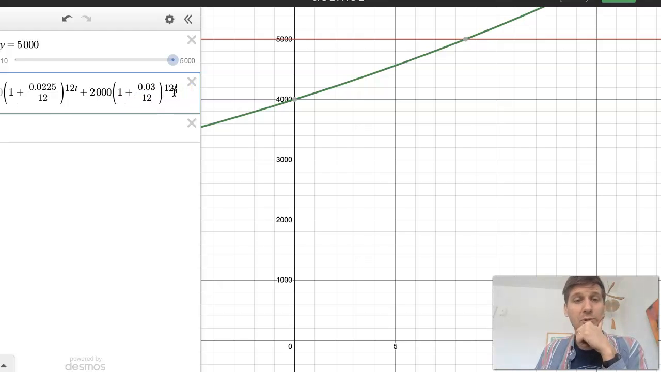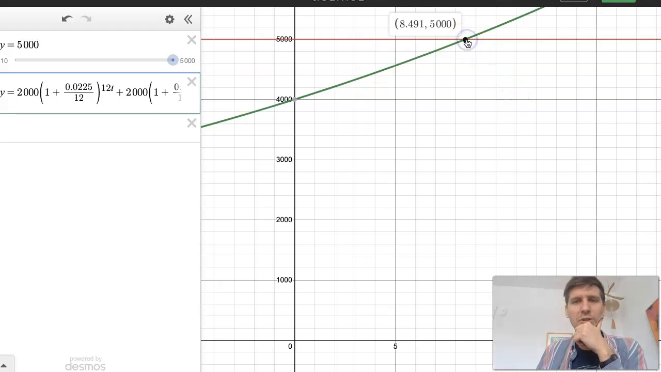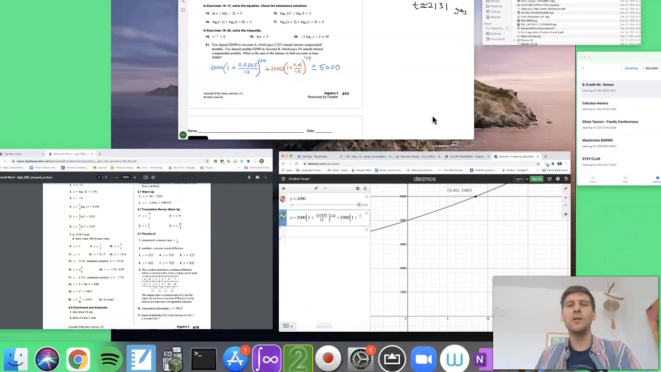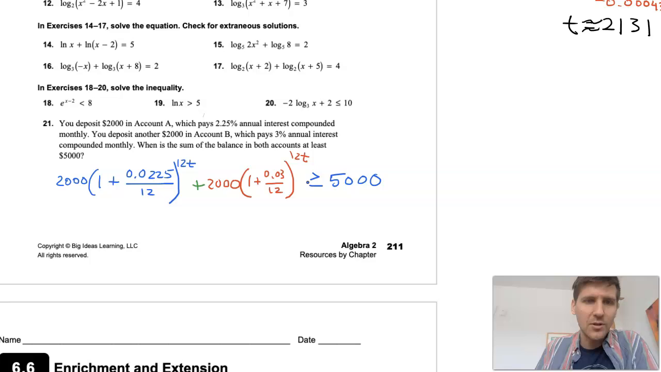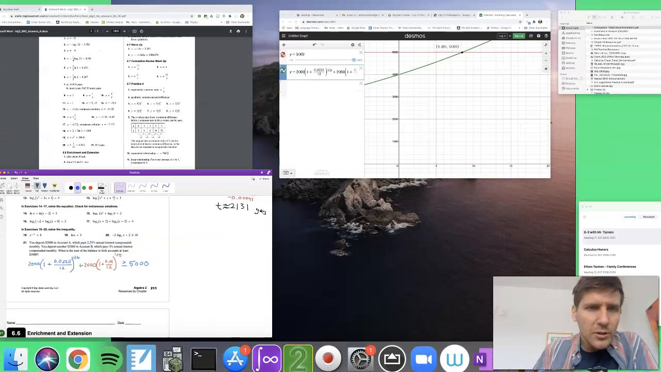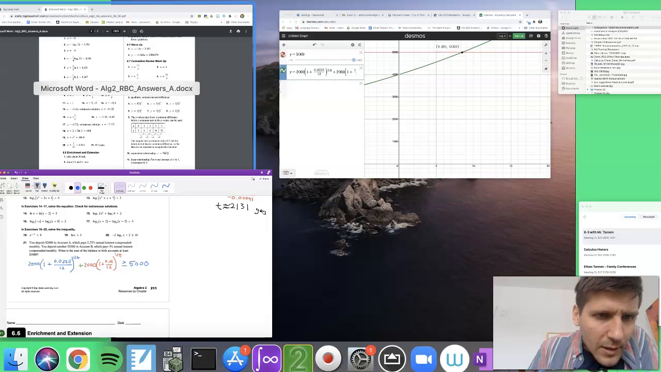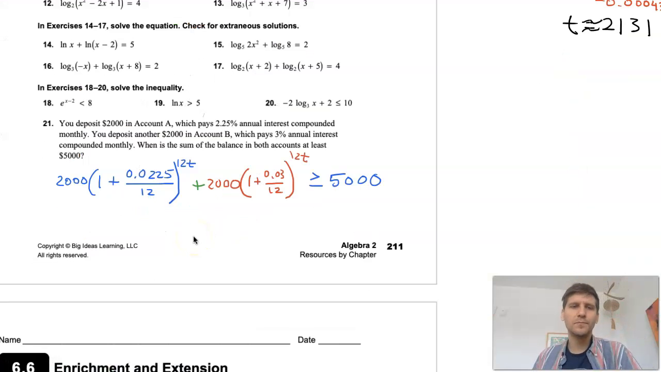So I know this was likely a tricky one. The sum of those two accounts would reach it after 8.491 years. And if we want to say approximately 8.5 years perhaps, let's see what the answer key had told us. Yeah, it says 8.5 years. So the sum is at least $5,000